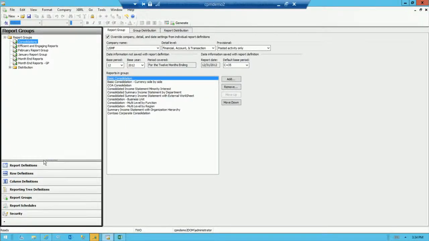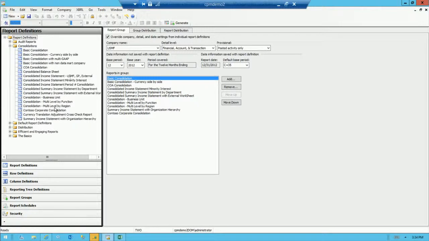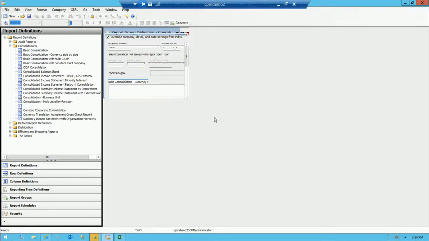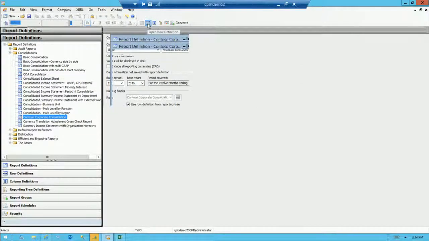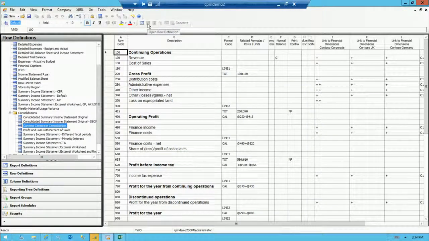So in Report Designer, the majority of the mapping, as I mentioned, happens in my row definition. So that's where I'm going to start. So if I open up my row definition from my report definition here,